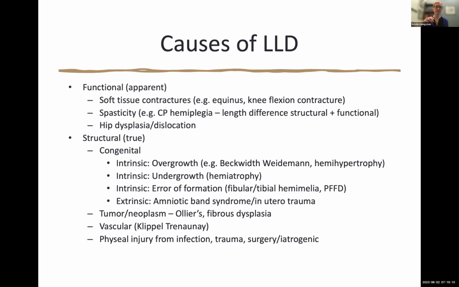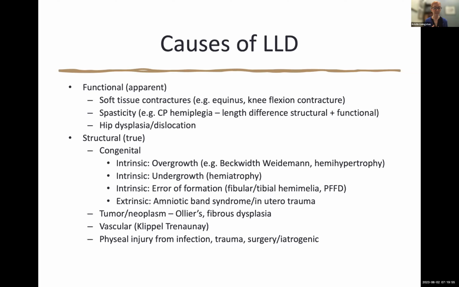So thinking of congenital types, there are lots of causes of this, but I think of them as sort of intrinsic versus extrinsic. An intrinsic cause may be an overgrowth syndrome, such as hemihypertrophy, with or without Beckwith-Wiedemann syndrome, or undergrowth, such as hemiatrophy. And then there can be these errors of formation, such as the hemimelia category or the proximal femoral focal deficiency. And then the extrinsic causes, such as amniotic band syndrome or in utero trauma, which can also truncate a limb. And then, of course, things caused by tumor or neoplasm, such as fibrous dysplasia or Ollier's disease that can shorten a limb,